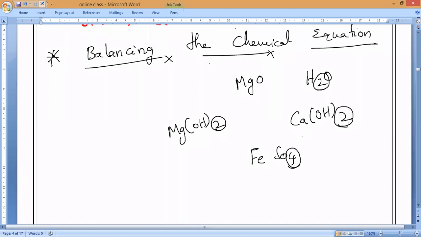Do you understand, everybody? We don't have the right to change anything in this formula. So whatever balancing you want to do, it is only possible to change at the coefficient place. Kindly remember, at the coefficient. Here only do we have the right to change, either 1 or 2 or